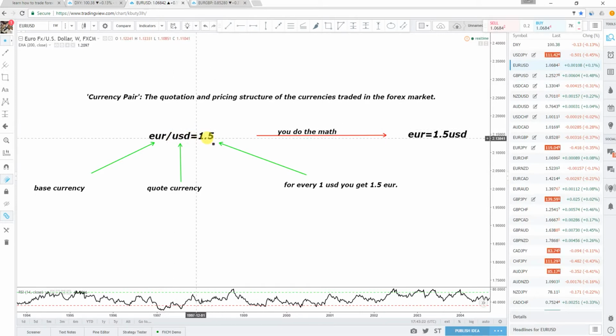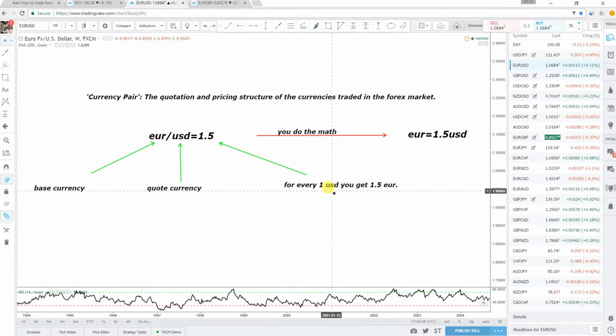the amount of exchange, the exchange rate. They call it the exchange rate. So if you do the math, one euro currency is equal to 1.5 American dollar or USD. So for every 1 USD you get, if you go to the exchange,